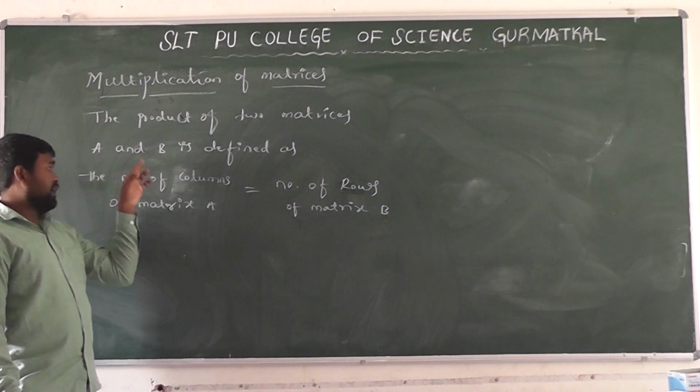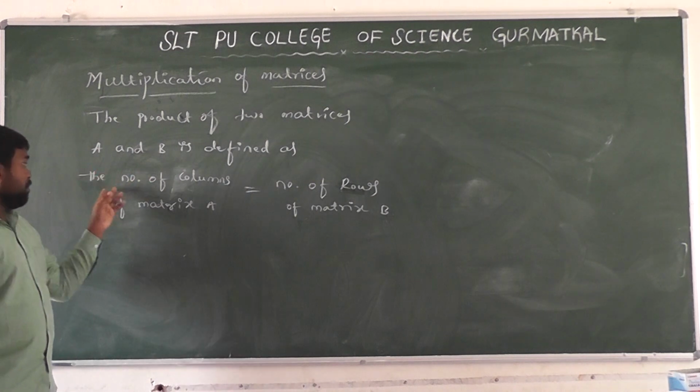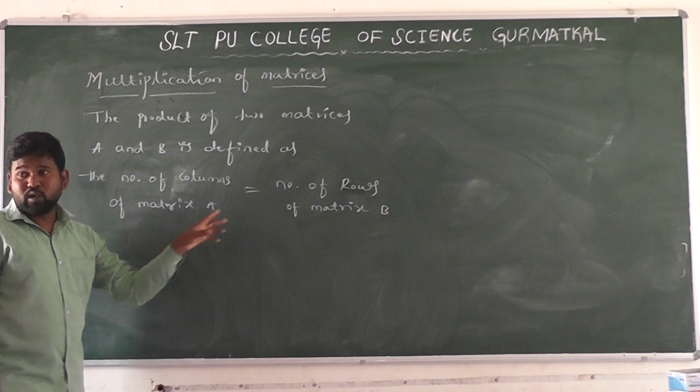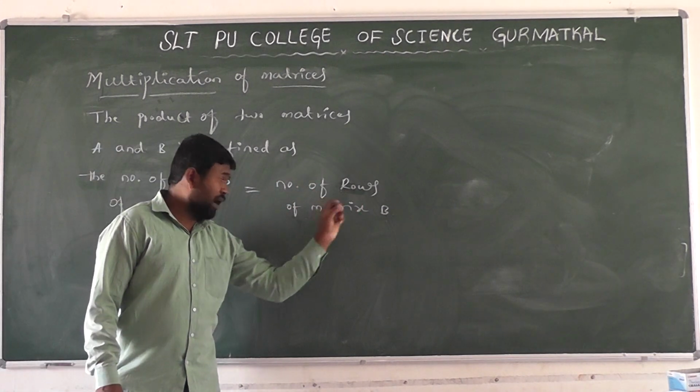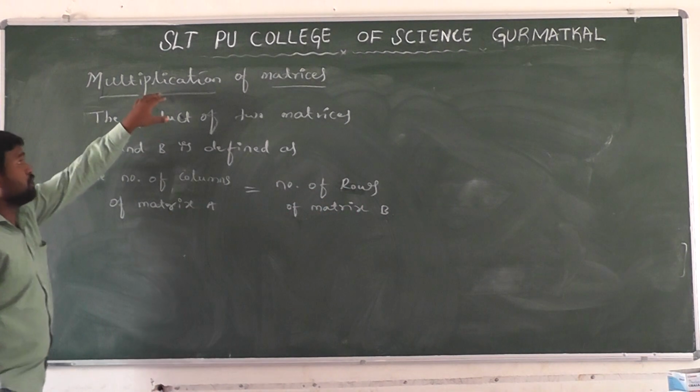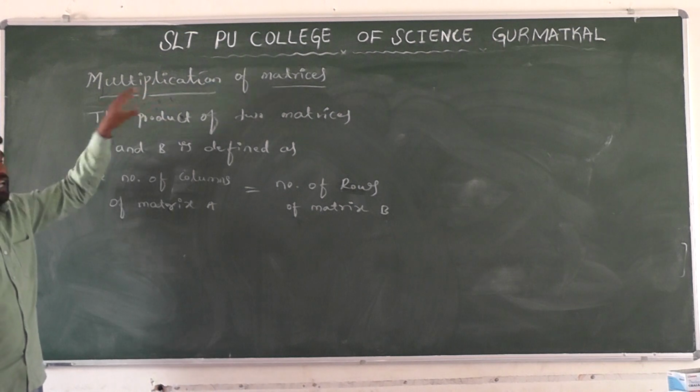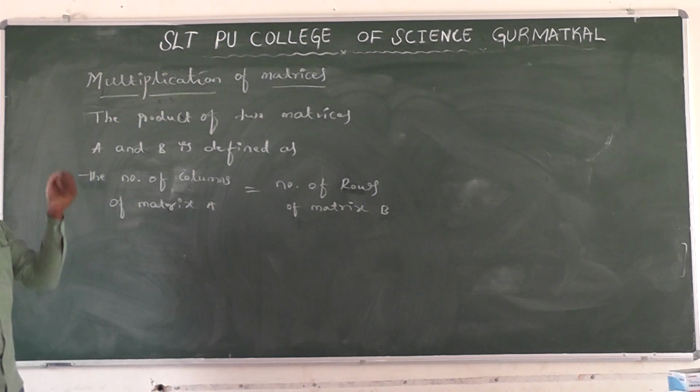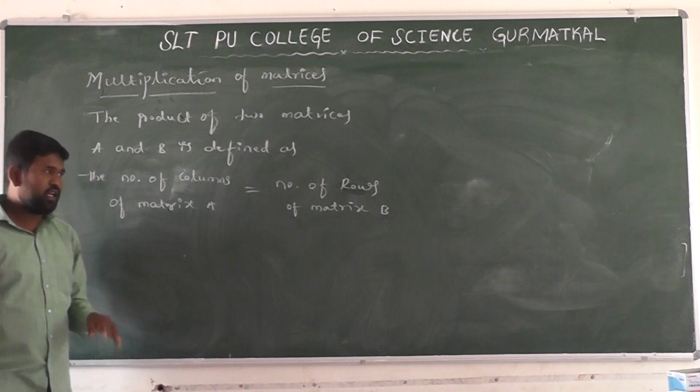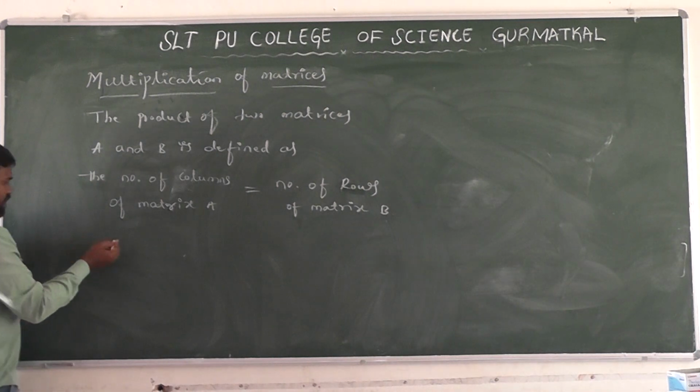Given the two matrices A and B, the number of columns of the matrix A must be equal to the number of rows of the matrix B. Then only matrix multiplication is possible. Otherwise, it is not possible to multiply the two matrices, right? Then, for example,